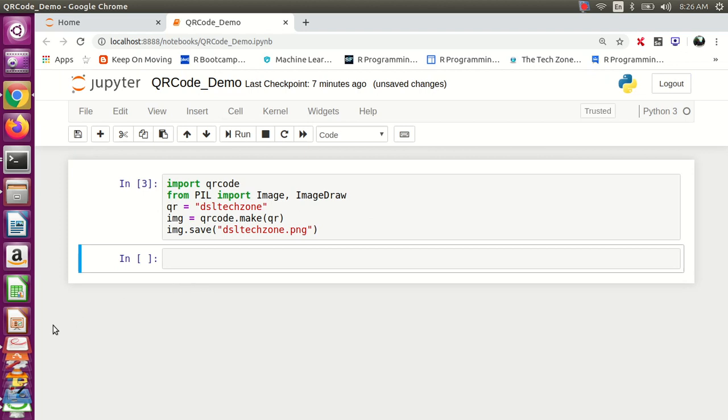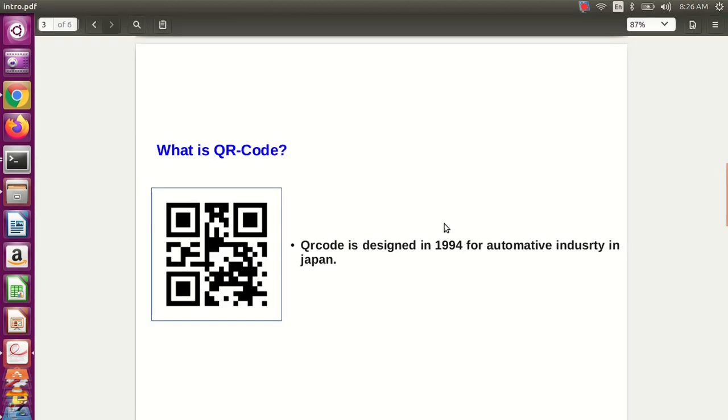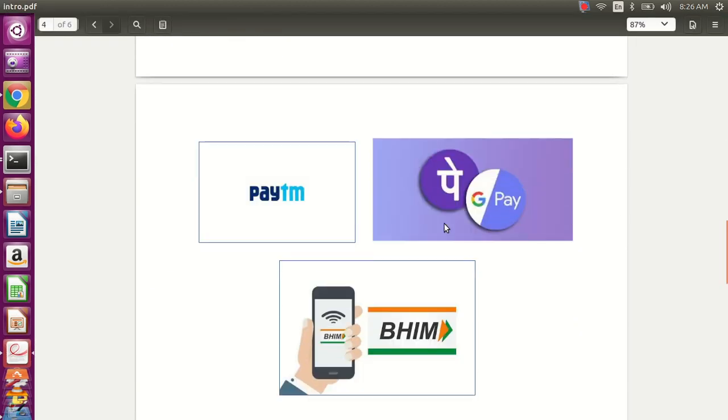Now when we buy the product, generally these are the popular examples. We mostly use QR code for payment, receiving or sending payment. So we are using Paytm QR code. The best examples are Google Pay, PhonePe QR code, BHIM app QR code. Generally we are using these applications to buy products.